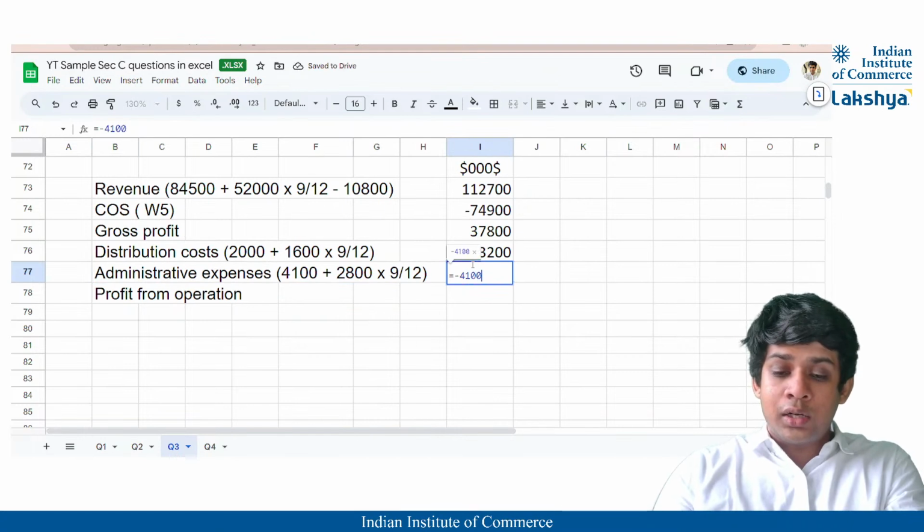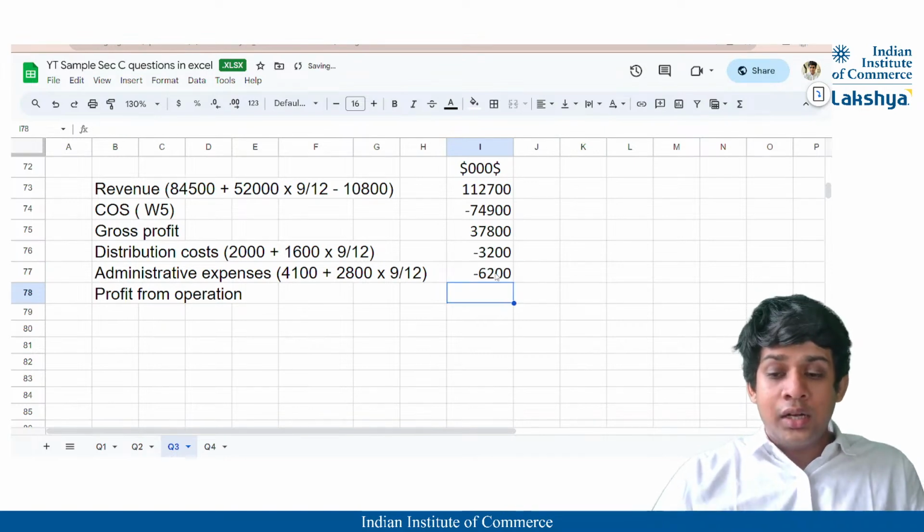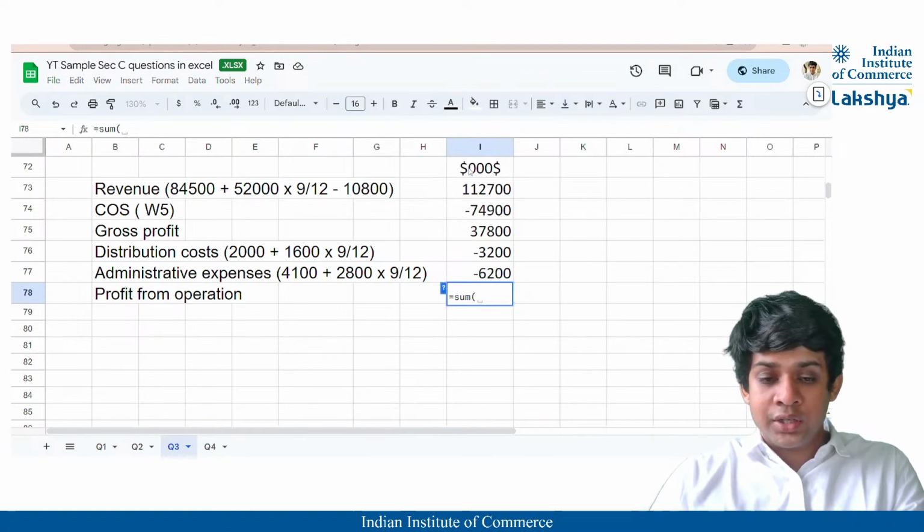So 4,100 plus 2,800 into 9 divided by 12, right? So this is going to be my administrative expenses, and thus the profit from operation that I get,